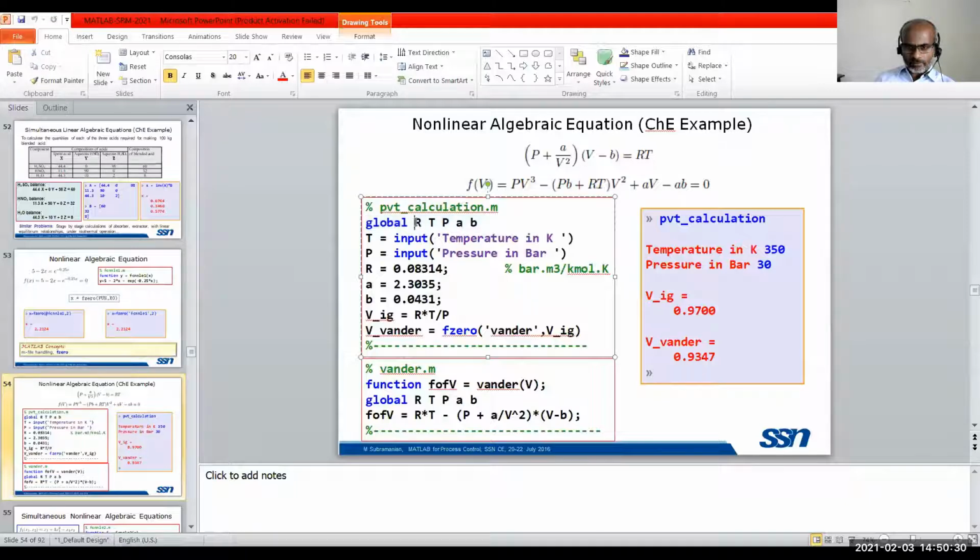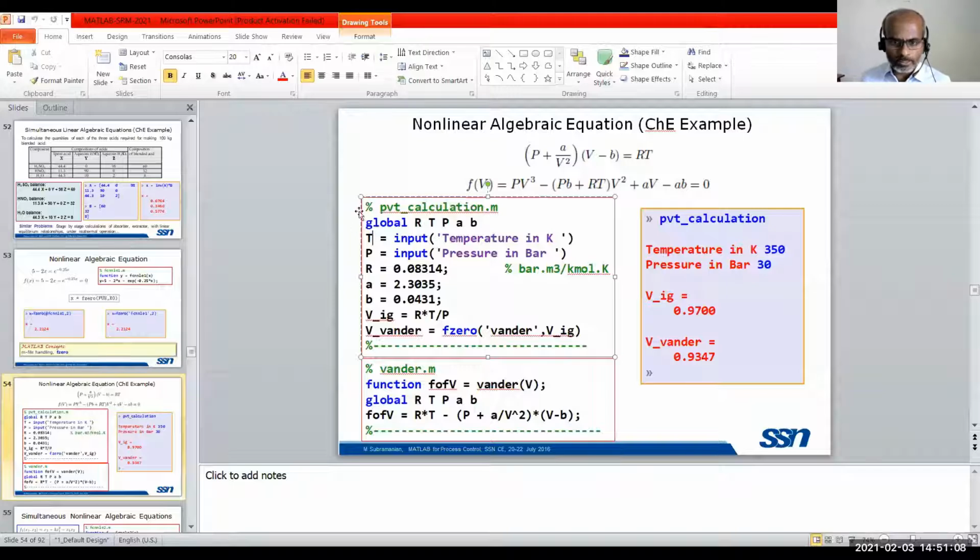Only then will whatever variables or data are collected here be passed to the other file, with the same variable names, and both files should have the global keyword. So these variables are global to the workspace. They are not confined to the local function. If you don't have global, it will ask for the values of R, T, A, and P, and only then can it solve. Otherwise, it will give an error. Global is to share the variables. That alone, please note down.